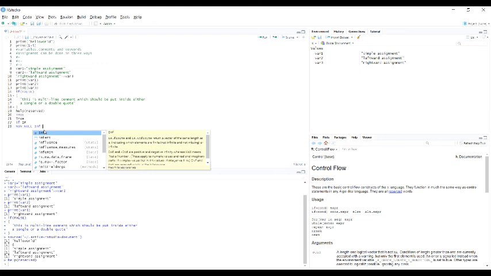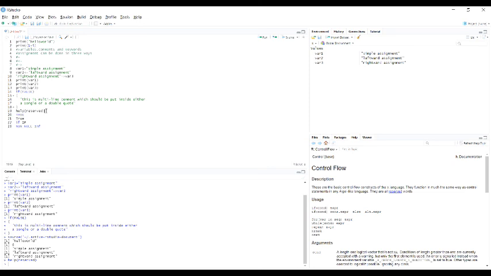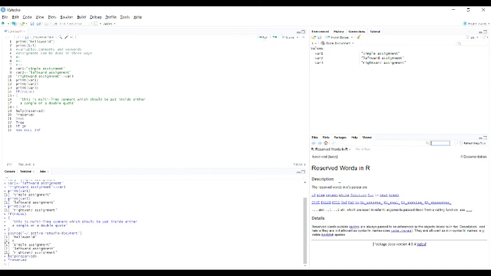These are a few keywords you can learn by typing this statement, help of reserved, on the 19th line. You can also get it by using another statement, question mark and reserved. I will run that line, the 20th line. Again it shows that page, reserved words in R. So you can use these two commands to learn about each and every keyword. That's it for today's tutorial. We will meet in another tutorial.